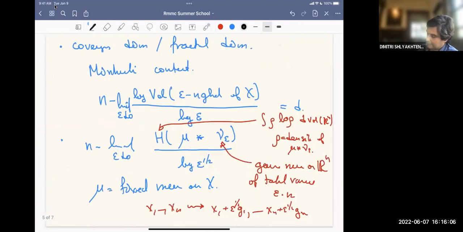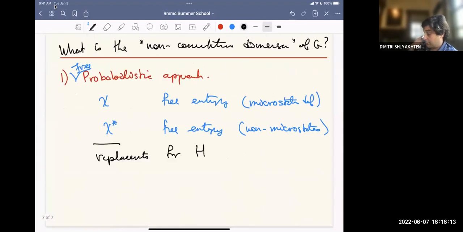So I have this H, which is this integral of density rho log rho, and these are replacements for that which Voiculescu invented. So I will tell you in a second what chi and chi star is, but basically the idea is then to define delta, which is the free entropy dimension, or maybe delta star, and this would be n